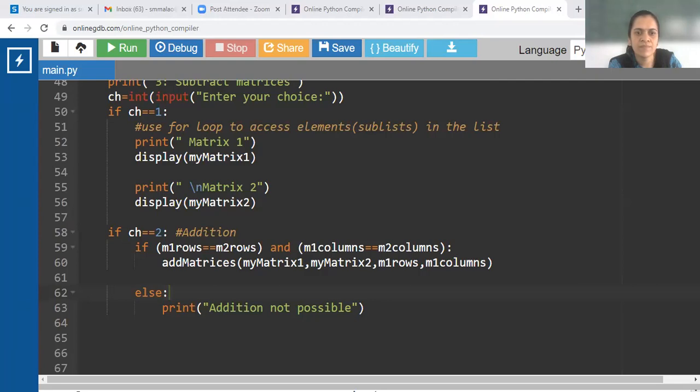Yes, this is not the correct this. Yes, let me check. Number of rows equal to number of columns, matrix 1, matrix 2, and the columns inside addition.